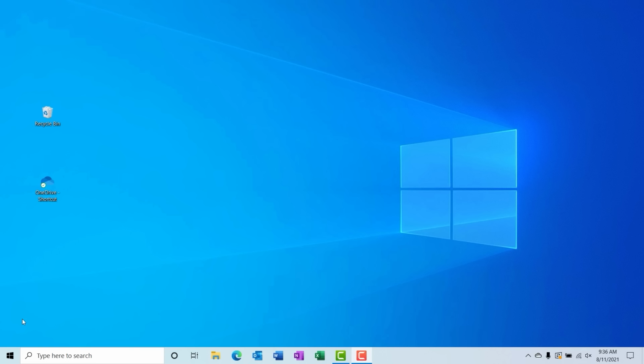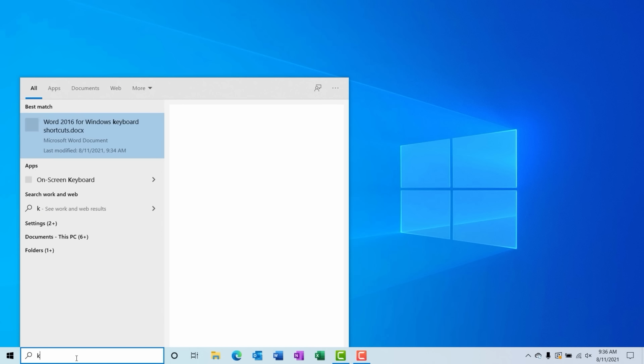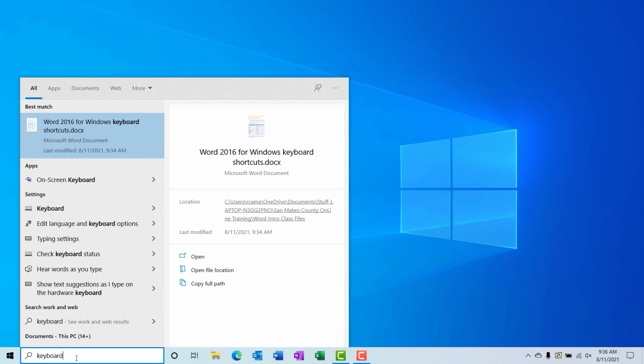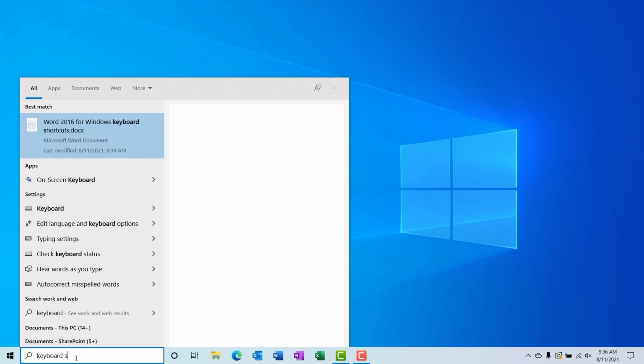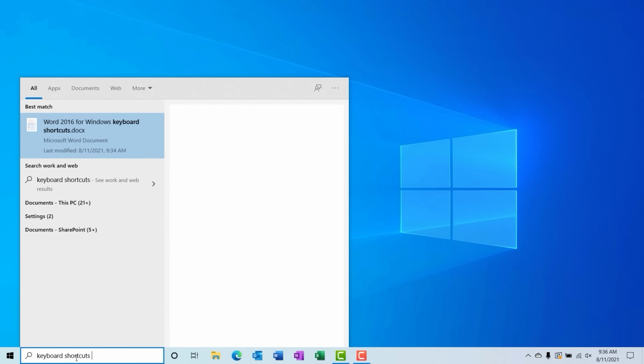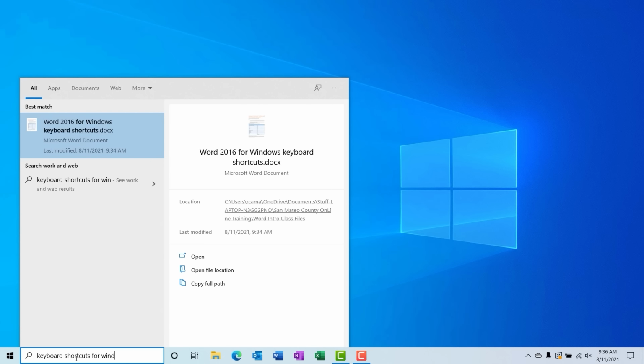So we've used keyboard shortcuts throughout the lessons. I want to show you where they all are for Windows 10. I'm going to click Type here to search keyboard shortcuts for Windows